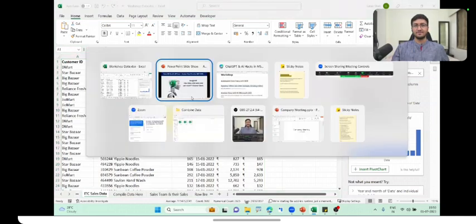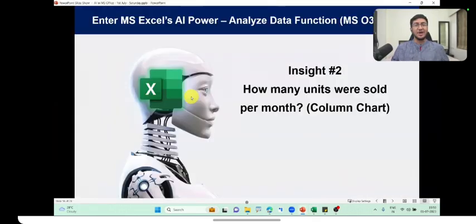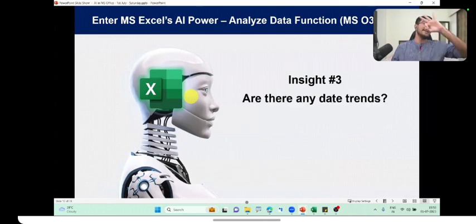Now I want to find out a question that you do not really have specifics to. What does that mean? Here is insight number 3, which I want to find out. I want to find out, are there any date insights or just date trends in my data? So what is happening here? I don't have a question. I'm not telling Microsoft Excel what happened in the month of January. I'm just asking Excel, just look at my data and tell me, is there anything from my date column that I should be aware about,